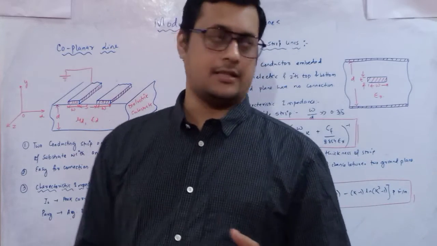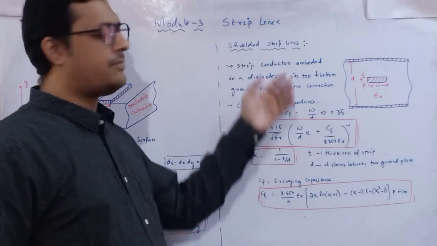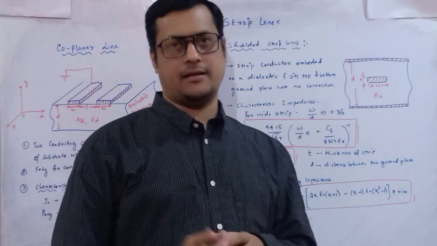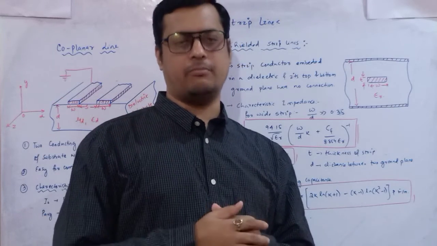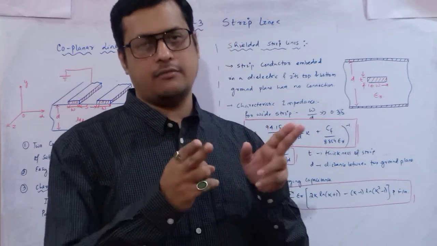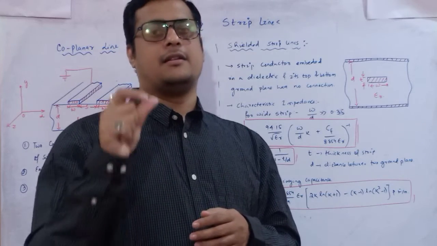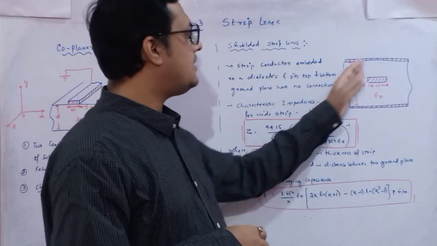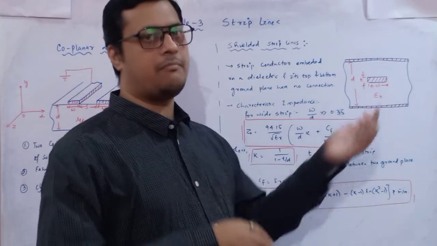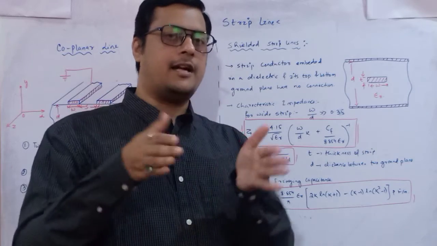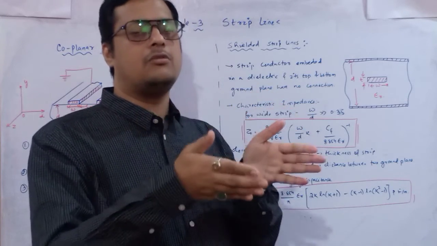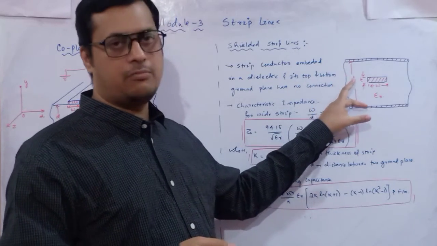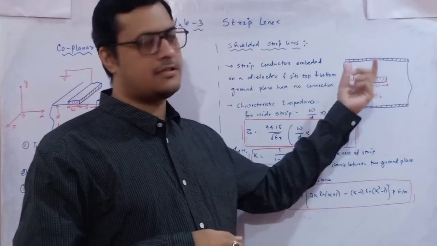Okay. Now similarly, there is one more, the shielded strip line. Shielded strip line means here two ground planes will be there. In basic strip lines we have seen there is only one ground plane, but here there are two ground planes. Two conductive ground planes are there, and one thin strip will be embedded in the dielectric medium. As you can see, this is the whole dielectric, and this is a small strip mounted in the dielectric, and the dielectric is enclosed by the two parallel plates, two ground planes. So the separation between these two ground planes is small d, where the width of this strip line is w.